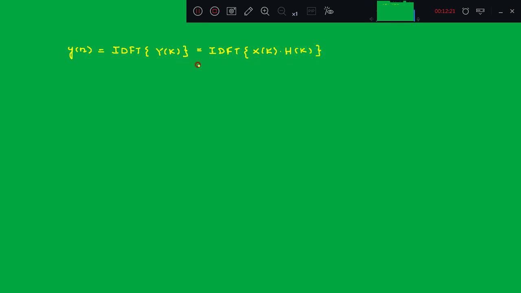Right? So we know the IDFT formula, right? For any sequence, if I say IDFT of X of k is x of n, it is 1 over N summation k is equal to 0 to N minus 1 of the DFT sequence X of k, times W_N raised to minus kn, right? So similarly here, in place of X of k, we have the product of the two DFT sequences. So what is the IDFT of this one?